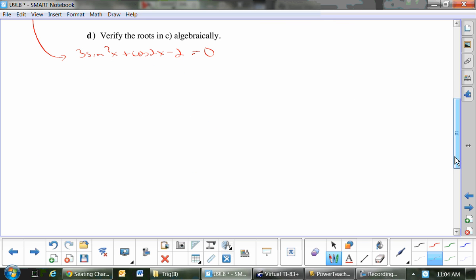If it's not all sine x or all cos x, you can't go on. There's 2 ways you could go with this one, because sine squared x has a nice substitution and cos 2x has a nice substitution. I'm going to stick with all sine x again. Okay? So I need to get rid of this,